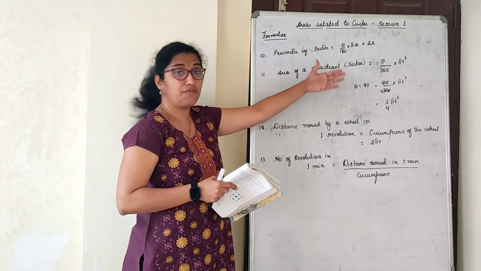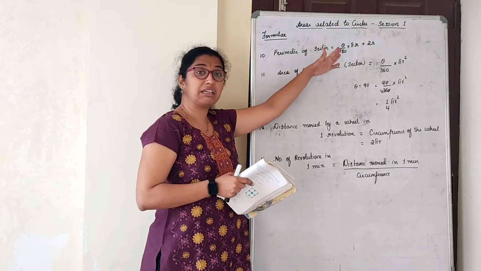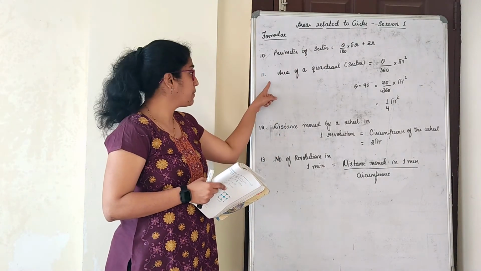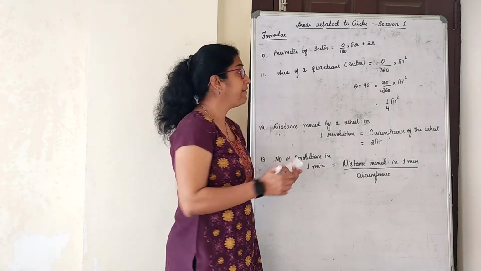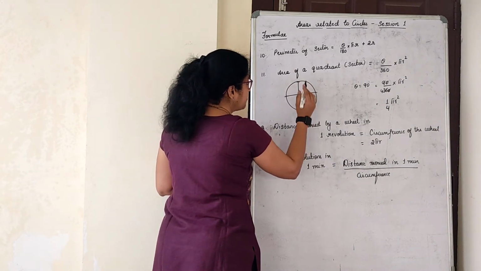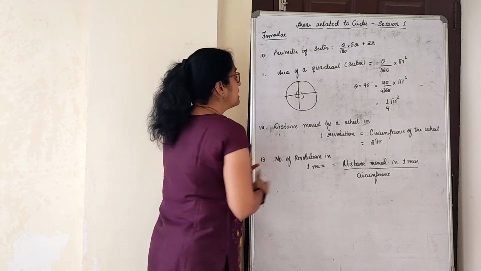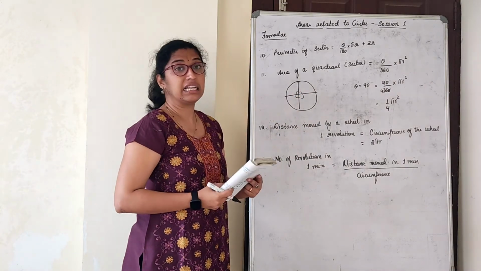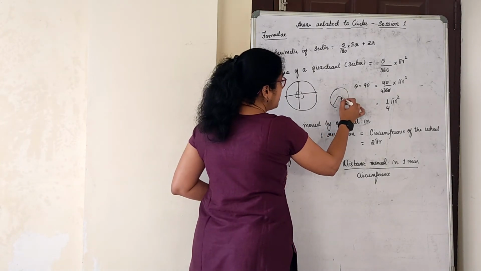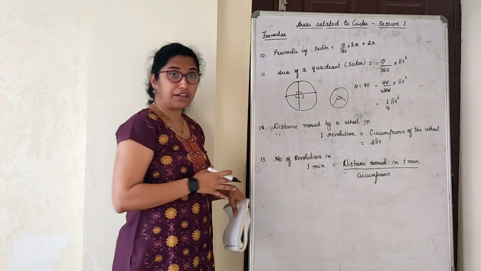Minor or this side of a sector which has all acute angles, or other than that, more than 90 degree angles. Area of a quadrant. Now when we talk about a quadrant, quadrant is also a sector, right? But the only thing is each angle in a quadrant is 90 degree. But what about a sector? In a sector, it could be 30 degree, 60 degree, 45 degree.